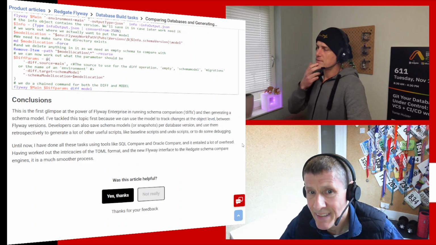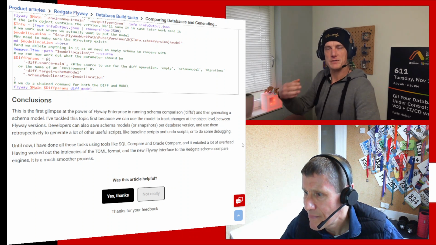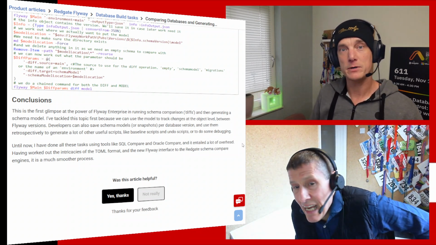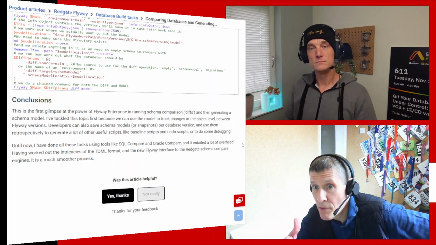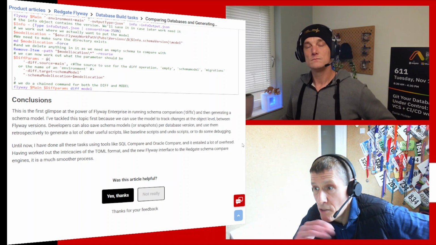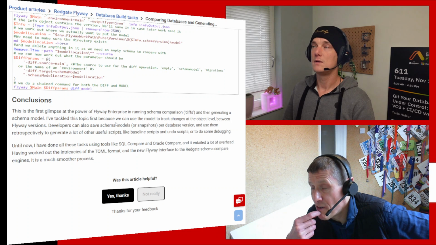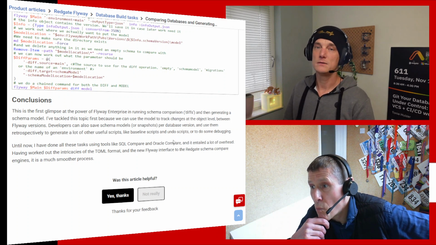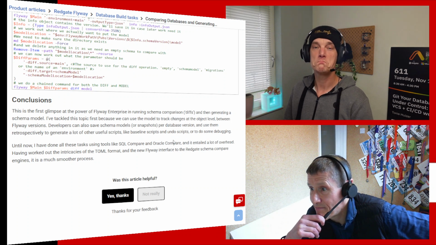But I just caught you saying that this is just the beginning of a series of other articles where he will dive deep into these new keywords? Exactly right. It's a series. So this is just about getting the schema model. That's all he demos in this article, doing the diff then model, and his next one is going to talk about generating scripts using the generate command. He goes into snapshots in another article. And he has one that is the big all singing, all dancing, end-to-end development automation with Flyway CLI.